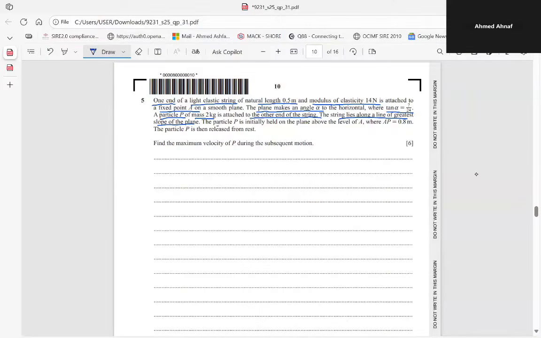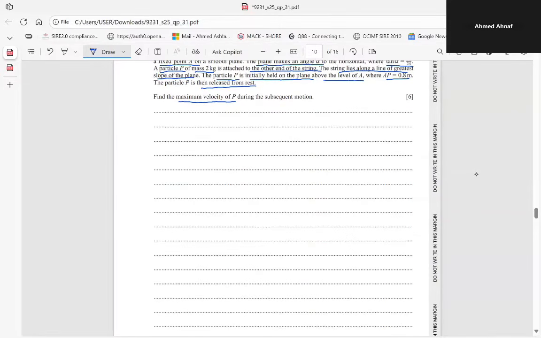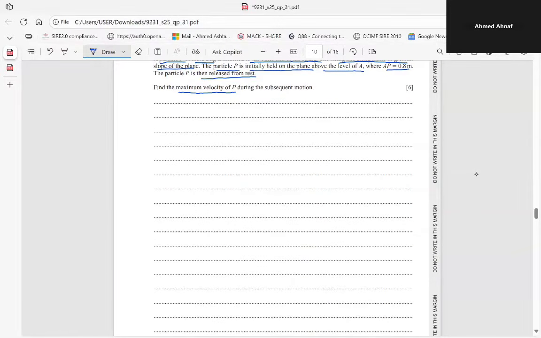And we're also told P is initially held on the plane above the level of A. So P is higher than the point A, where AP is equal to 0.8 meters. The particle P is then released from rest. And using all this information, we have to find the maximum velocity of P during the subsequent motion. Okay, so in order to do this,